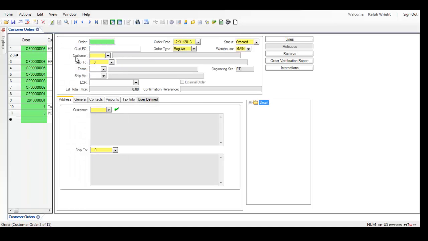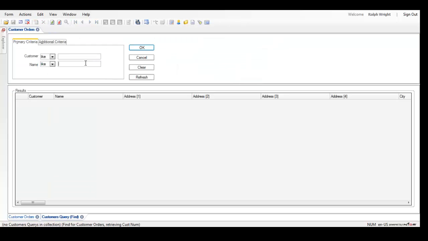I know from the order entry form the customer purchase order number is HBE1250, but I don't know the customer number. I'm going to use the find function. Hamilton, wildcard,